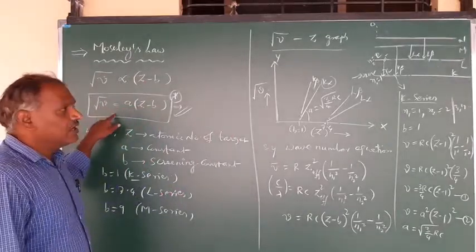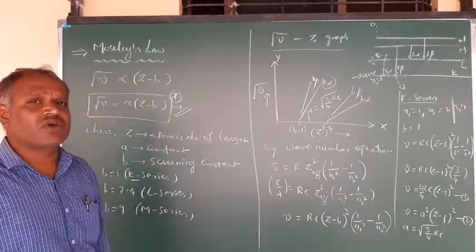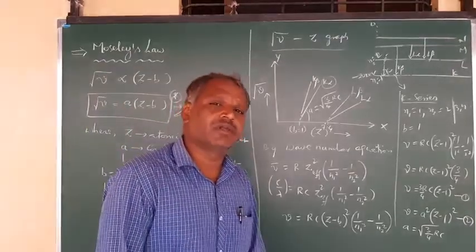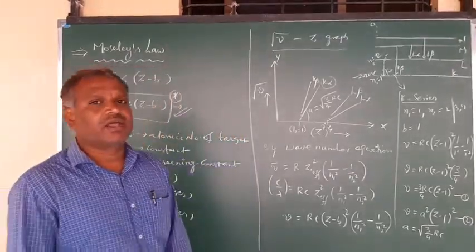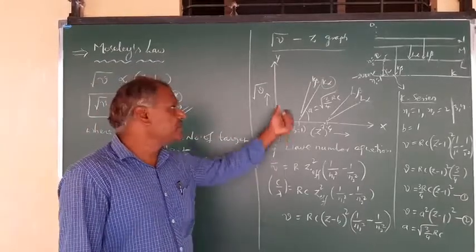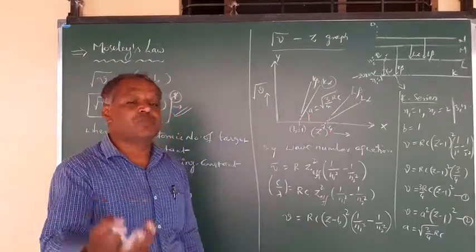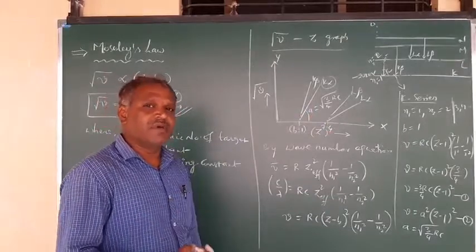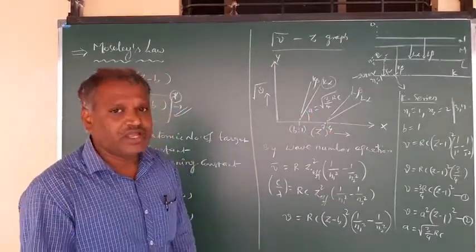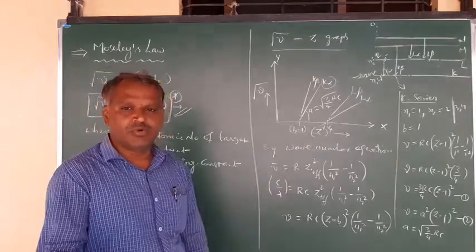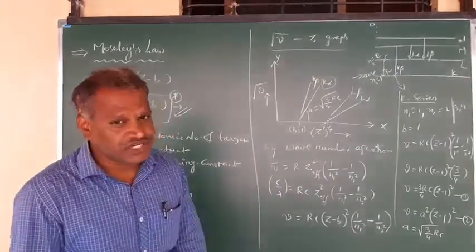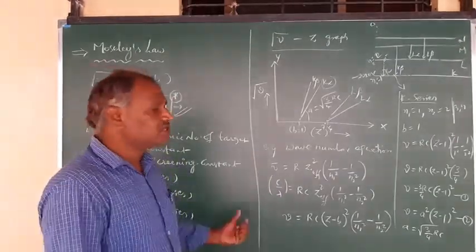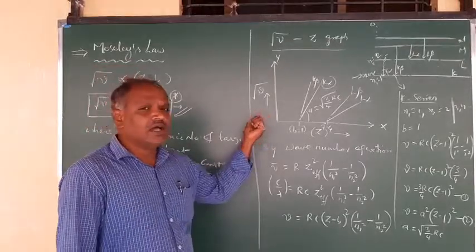What is Moseley's law, and what is the graph obtained between the square root of frequency versus atomic number of the target material? You can observe the slope of these graphs, which series has the larger slope, and how you can determine that slope value by comparing the wave number equation and Moseley's equation. Comparing both, you can get the slope of those straight lines also, right? So in this way we have this observation here.